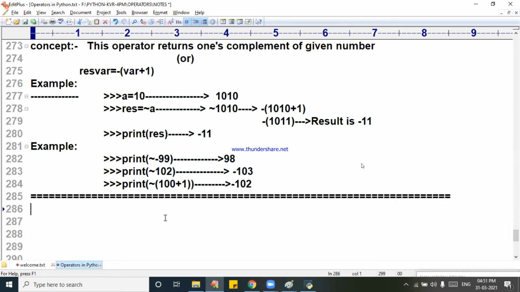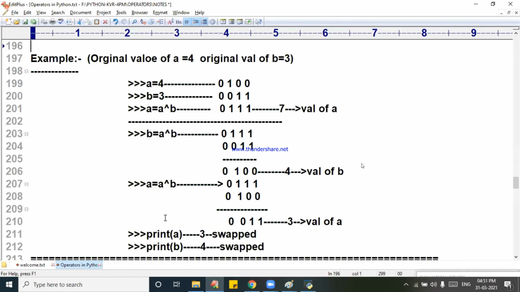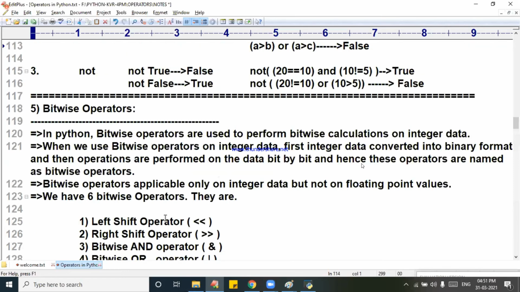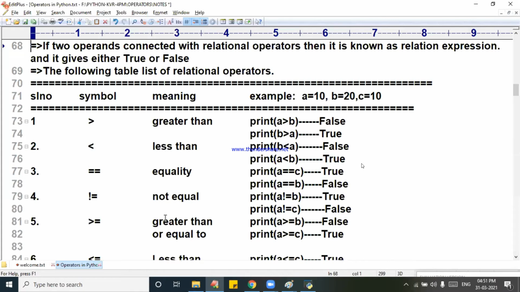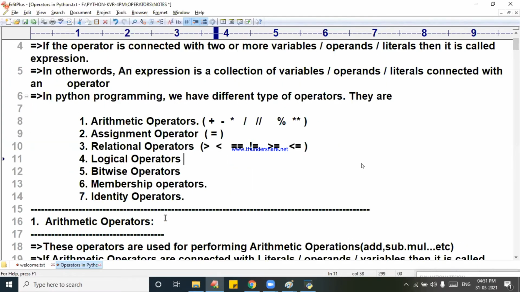Write down. Let's go through the operators once. Here, the operators list we will see. Arithmetic operators we did, logical operators we did already. AND, OR and NOT, we discussed that.